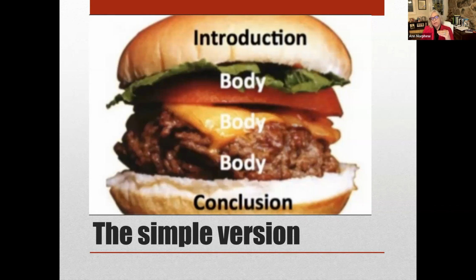The final thing is the conclusion. And I have the little bun down there. It doesn't have any sesame seeds on it. It's very simple. Have your transition phrase about it being a conclusion. That helps us trigger in our mind that you are finishing up. Say your proposition and your call to action again, and close maybe with some strong line. Perhaps you said something in your attention getter. I've seen some good through lines with you guys, and you want to refer to it again in the conclusion.